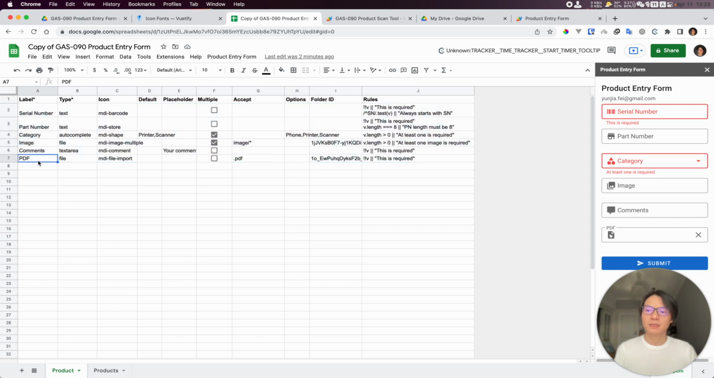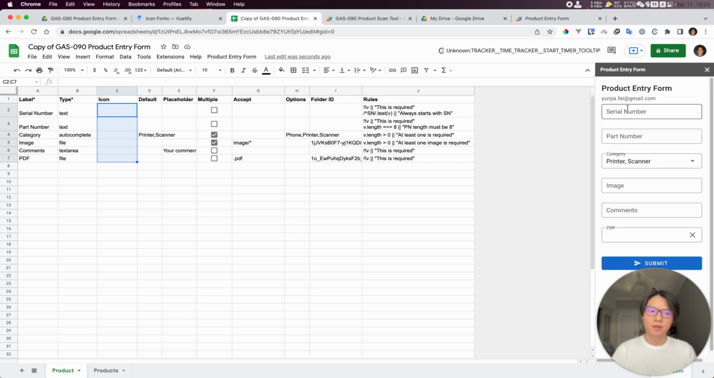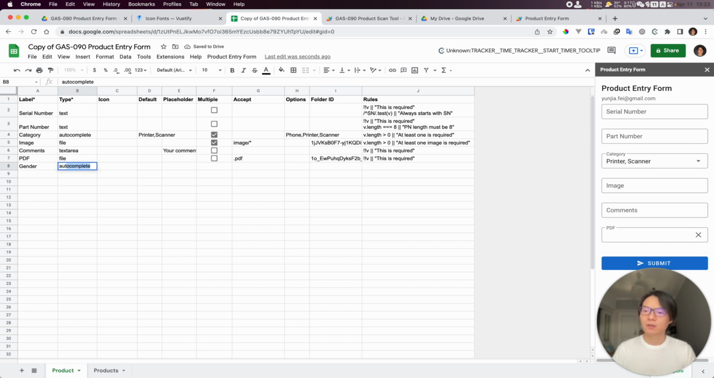You can basically change everything here. It's fully customizable. Maybe I don't want all of these icons. So I make a copy of it, delete all of them, and reload the sidebar, and you will see all of these icons are gone. You can make the change very easily. So as you can see, no icons. If I want to add a new field like gender, something like that, and use it as autocomplete, with an icon,